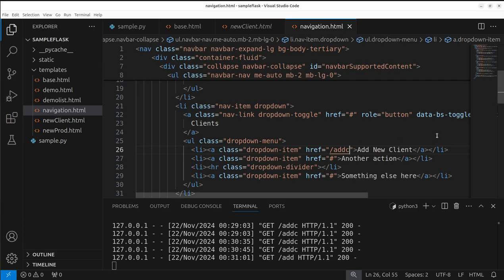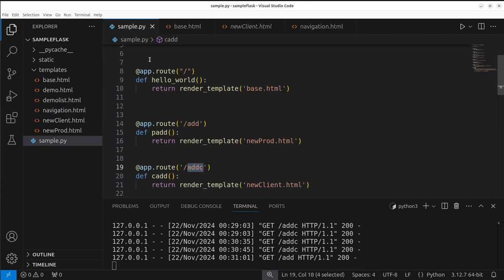Alright, what if we change the routes? That is the question. In case we change the routes, wherever we are using these routes, we need to change them. So in order to overcome this, instead of using routes, we basically use the functions which we write along with the routes. Those functions are nothing but our decorators. So let's go to sample.py. In sample.py, where we are having new prod.html,